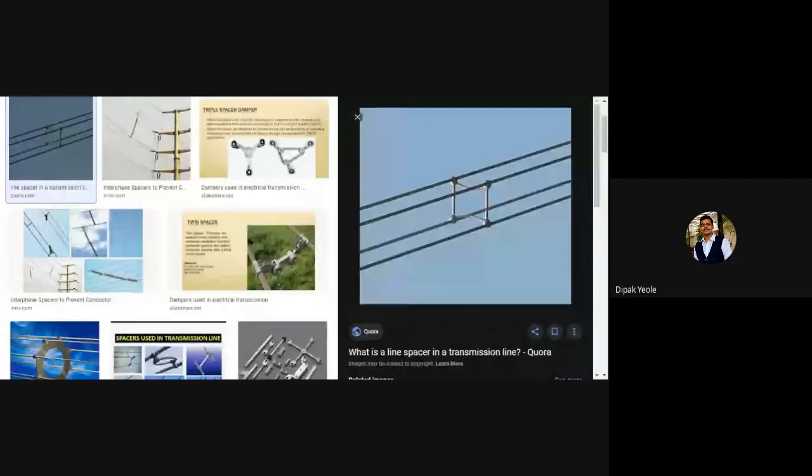If you are interested, you can write it down somewhere so that in the state government exam or in the central government exam, you can write this answer clearly. Yes, the answer is high grade cast aluminium. So this is the answer for the damper. I hope you understood the spacers and dampers in a simple manner, because questions definitely come from these dampers and spacers. They are a primary component of the transmission line. Now we will go ahead.